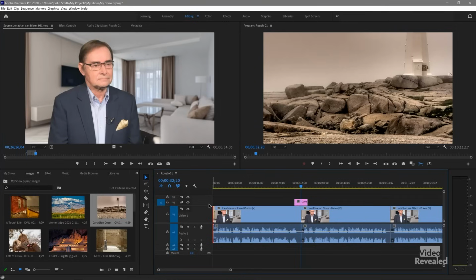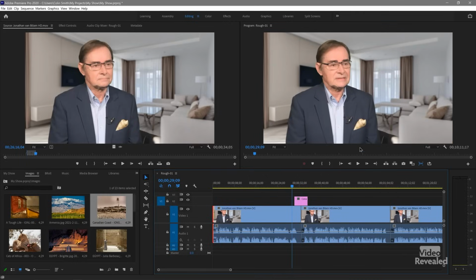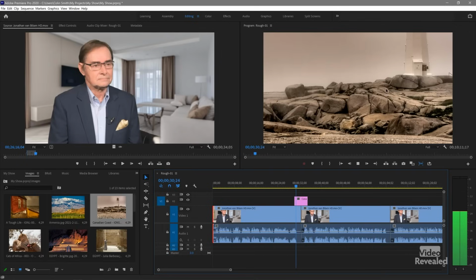I'm holding down Alt or Option on Mac and using my scroll wheel. Now, this kind of doesn't make sense because it chops the top of the lighthouse. So, we're going to get into effects a little bit later, but let's talk about changing the position